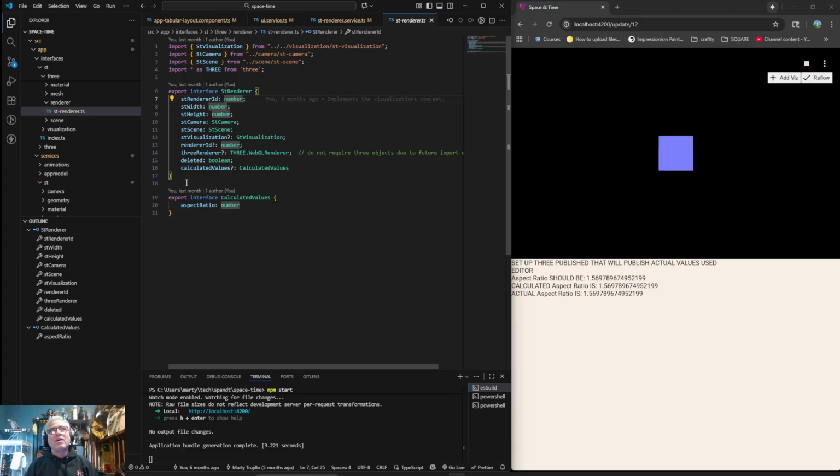I could say ST width is -1 or something like that, but actually the whole point is to break the references. I want to break the reference to the piece of memory that this width is pointing at. So in order to do that, I would need to define this as undefined,